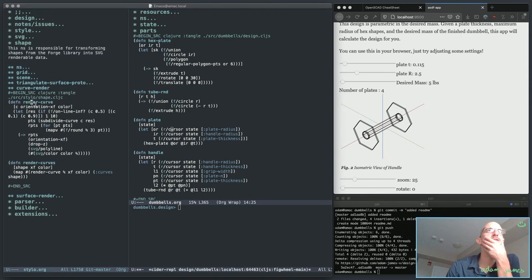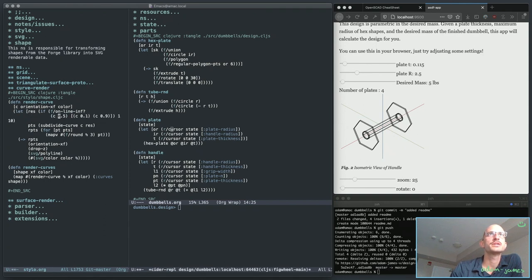What I did here in this render curve thing, per curve, it'll set the resolution either to 1 or to 10, depending on if it's a line or if it's an actual curved shape. So there's a function that checks if one point is on the line, which is a little hard to read here, but it checks if this point is on this line. If it is,